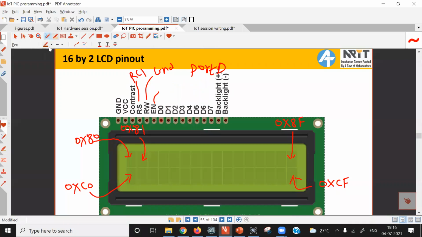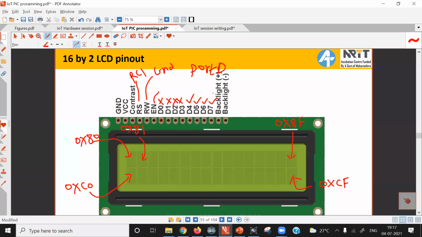In 4-bit mode of operation, D0, D1, D2 and D3, these 4 pins are not used and are not connected to any port pin of the microcontroller, whereas D4, D5, D6, D7, these 4 pins are used.